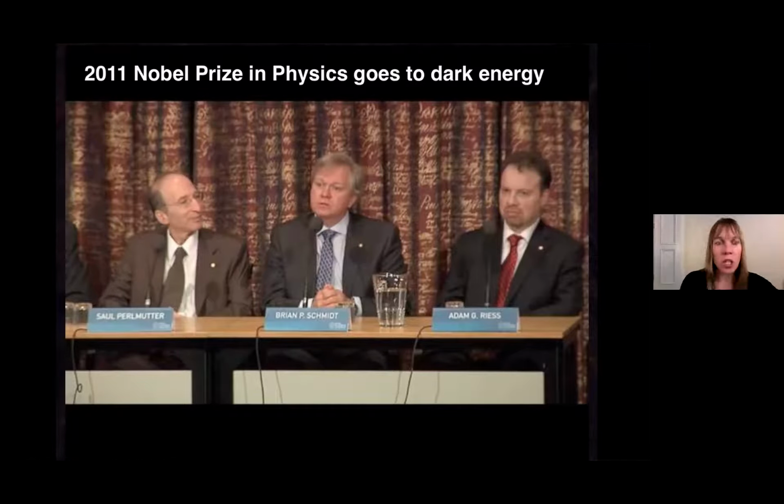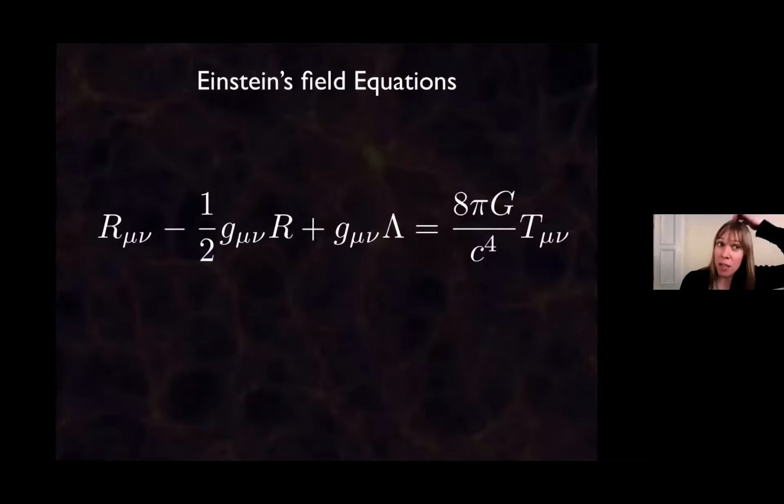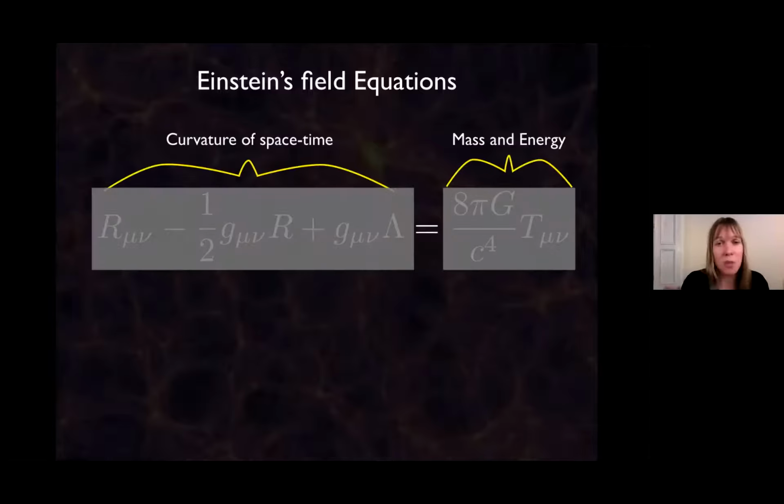Anyway, what could this mean for science? Here's a scary equation. This is Einstein's field equation. For those of you who have taken a general relativity course, you'll feel really happy at this point. For those of you who haven't, you're maybe panicking, but don't worry, you don't need to know what any of these ingredients are. On the left-hand side of the equation, you have terms that tell you about the curvature of space and time. On the right-hand side, you have terms that talk about the mass and the energy content in the universe.